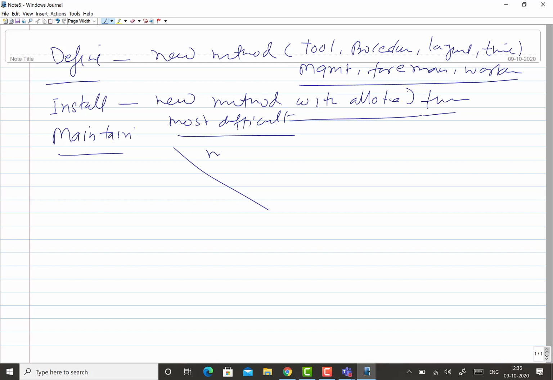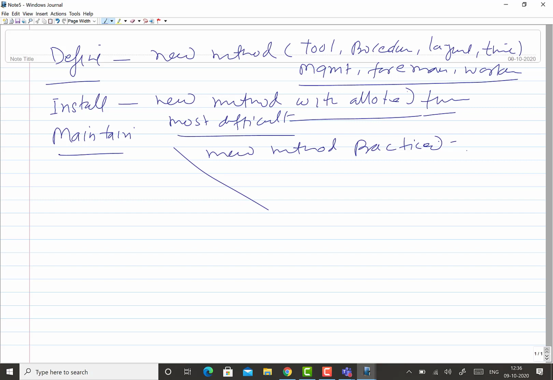So it has to be ensured that the new method is practiced, and that proper controls are there so that people don't go back to the old methods, because people have a tendency to switch back to the original or earlier method. So suitable control procedures need to be there